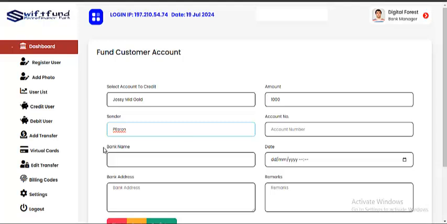Then the account number, the account number I want to fund, or the sender's account number, you can use any number, right? Then the bank name, then the date they made the transfer, the transaction, you can use any date, right? And make sure you put the time too. If you did not input the time, it will not go, because the bank works with time and date. Then the bank address,